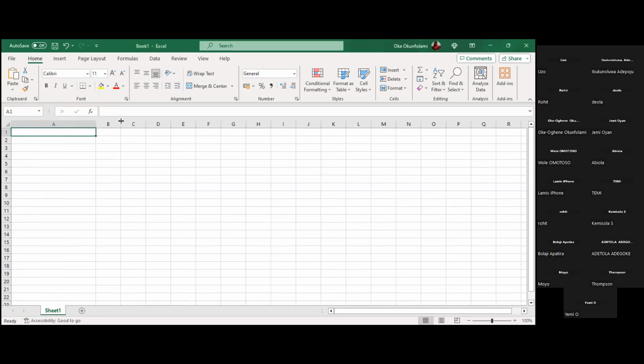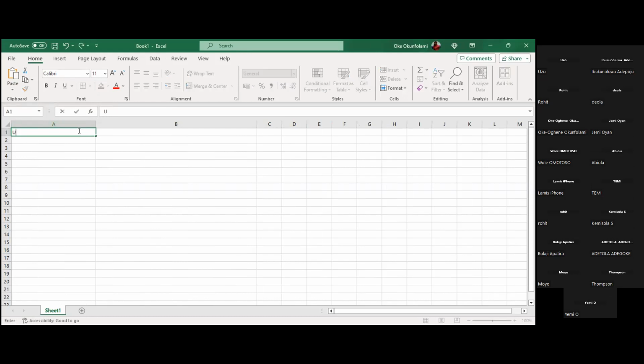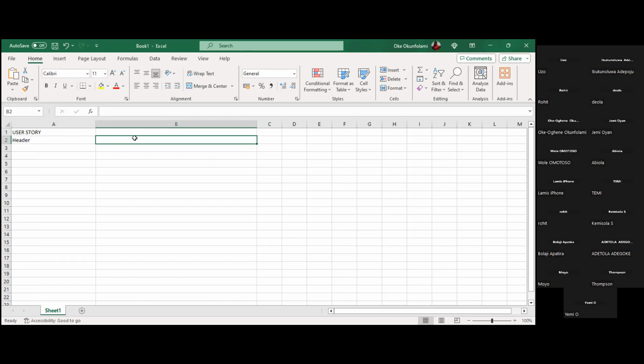All right, so let's say, we're looking at header, isn't it? Header, yeah. We were saying that this user story is the header. Let me do this user story, right? And then I'll move to the next and I say header. Okay. So what you were saying is, do you have to write a user story for every single one? For logo, can anybody remember what we were saying? Logo,